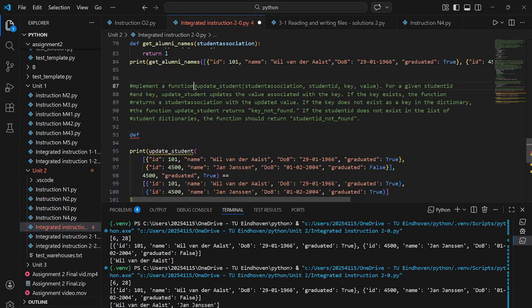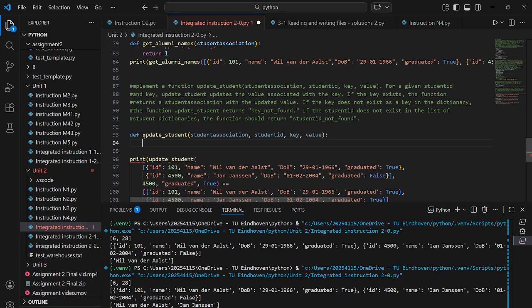Define update student. Well, you know, if you watched the previous videos, which I don't think anyone does, but anyways, the update built-in function is actually the most challenging and tricky thing to understand, in my opinion. So the moment I see update student, I know it's going to show up, so this is probably going to be difficult. For a given student ID and key, update student updates the value associated with the key. If the key exists, the function